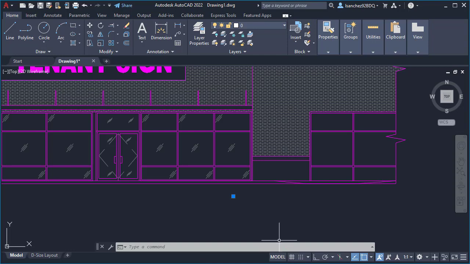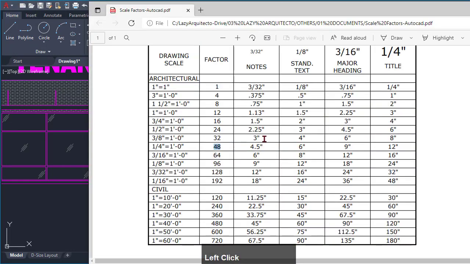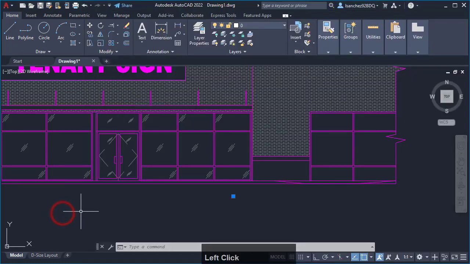What you're gonna need is a scale factor chart like this. This is basically drawing scale. This is for architectural and this is for civil, and these are scale factors that are based on the architectural scale, but we first need to go here in AutoCAD